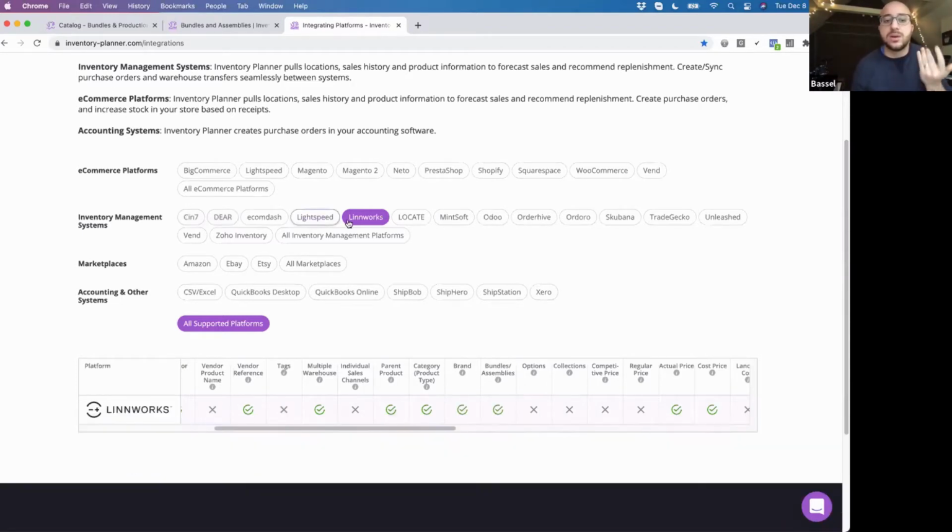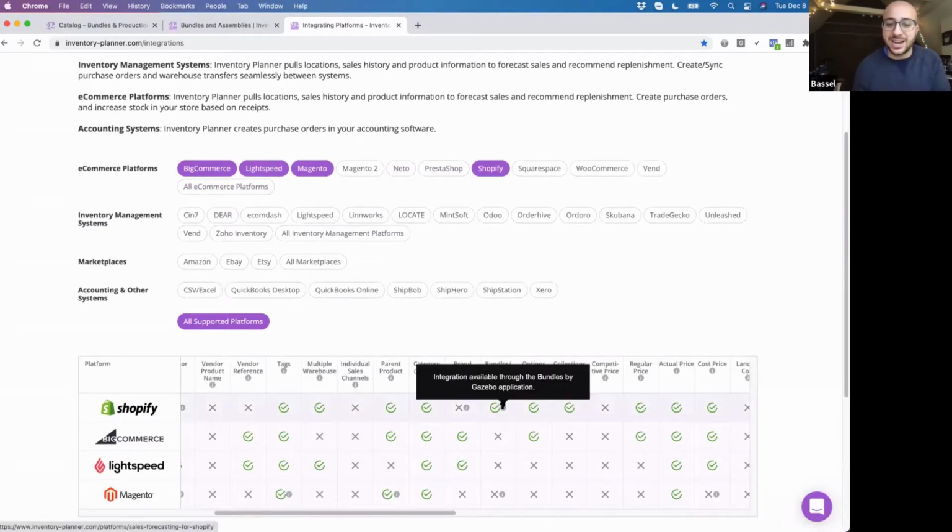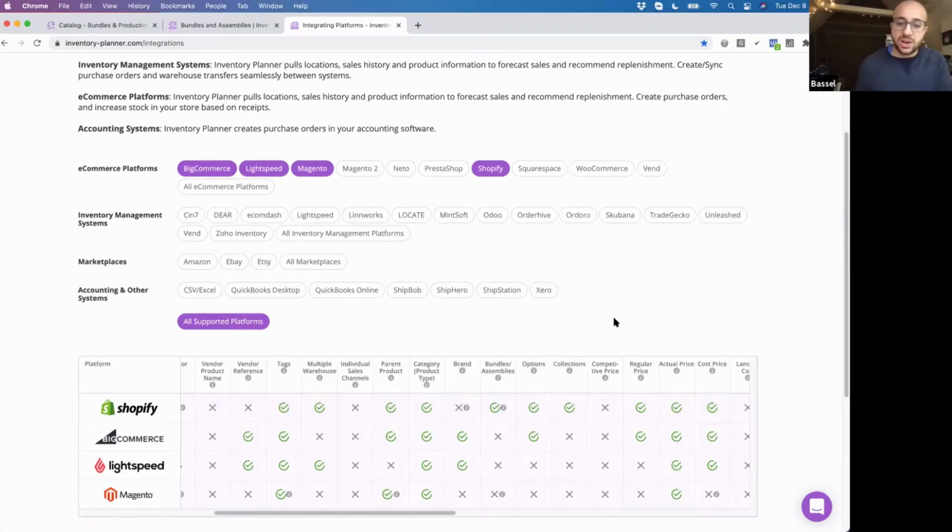But you would notice most of the e-commerce platforms, if you were to grab some of these here, let's do Shopify, notice most of them do not carry that kind of information. But we even show you there, the Shopify users, if you use that bundles app by Gazebo and then connect it to Inventory Planner for free, then we could actually get all of that automatically, which would be a nice